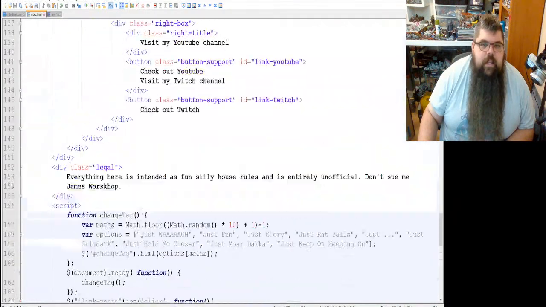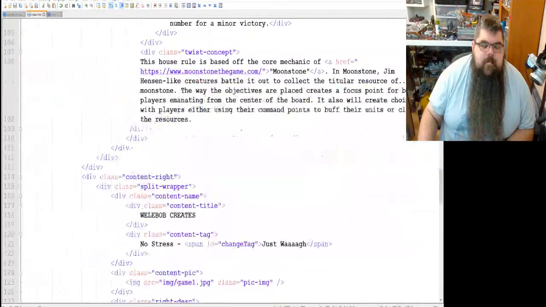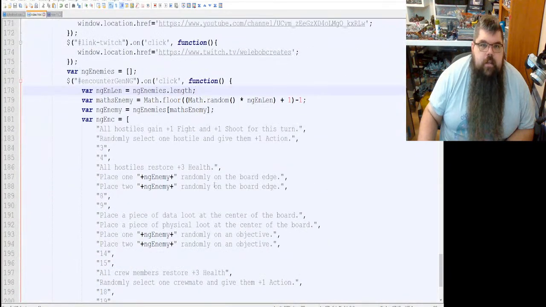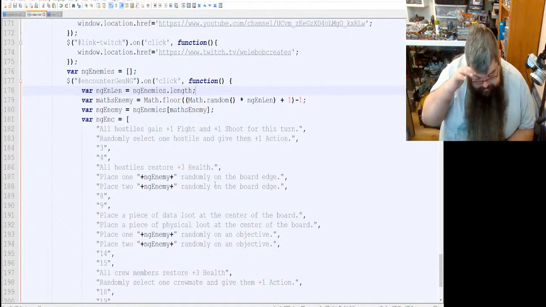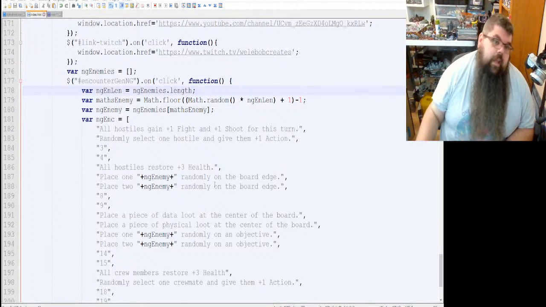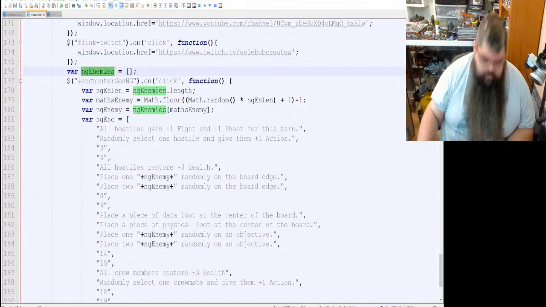Now we have to make sure that this function doesn't trigger if NG enemies is empty, because it won't make sense if it does.